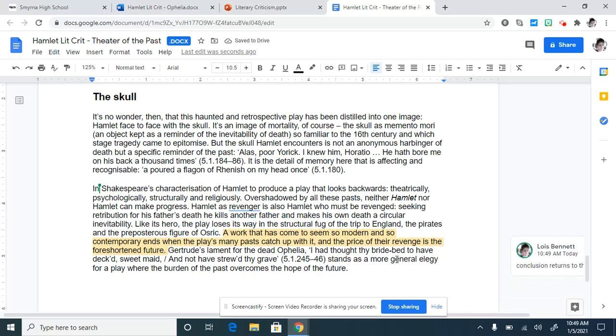Gertrude's lament for the dead Ophelia, I had thought thy bride bed to have decked, sweet maid, and not have strewed thy grave, stands as a much more general elegy for a play where the burden of the past overcomes the hope of the future. Lots of good parallel structure in there to make the writer's point. And so then you would go back through and you would say,